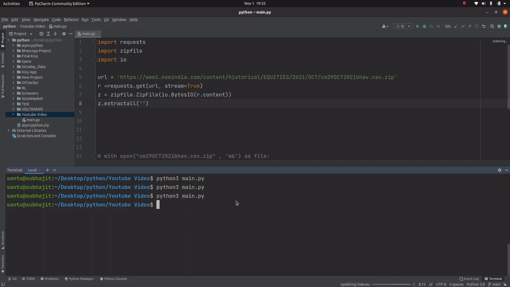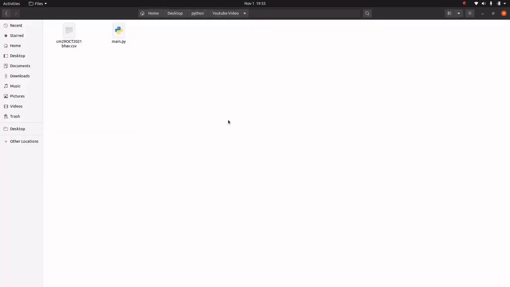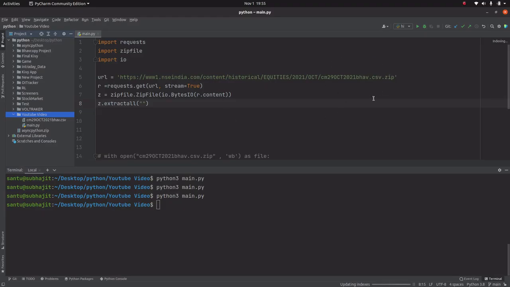Now look at here, the zip file is available. So let me go to the drive. Now look at here, only CSV file is here, no zip file is here. So in this way we can import the zip file into a drive, but without saving the .zip file into a drive, only the CSV file into a drive. So this is the second method. This is more easier than the previous one.